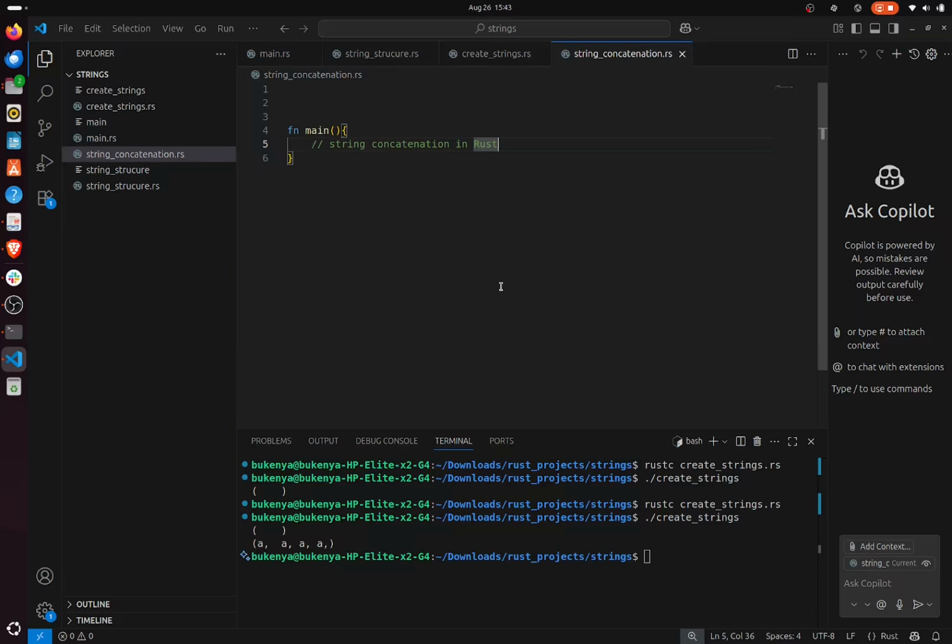Okay guys, yet again another video where we want to quickly look at string concatenation in Rust. And without much further ado, let's get into it. So we have a string s1, it could equal maybe "he", and then we let string s2 equal to